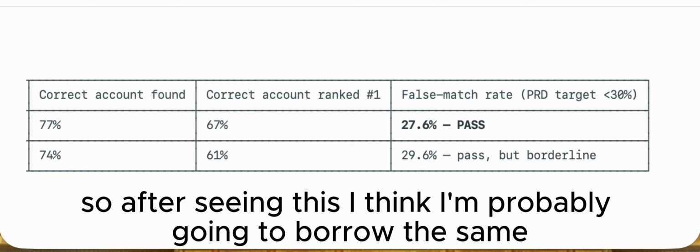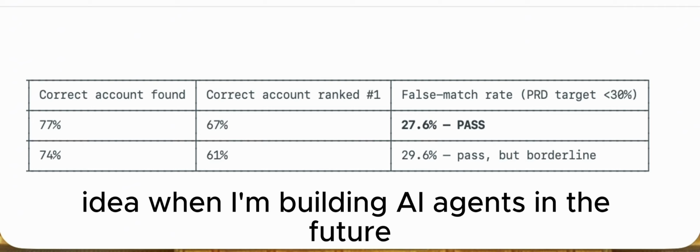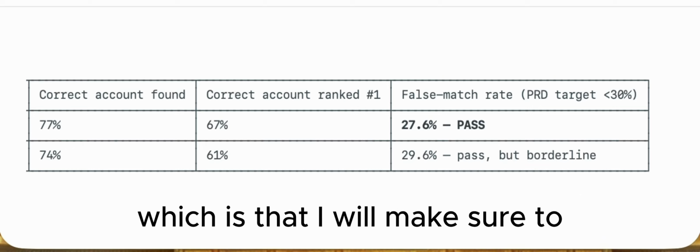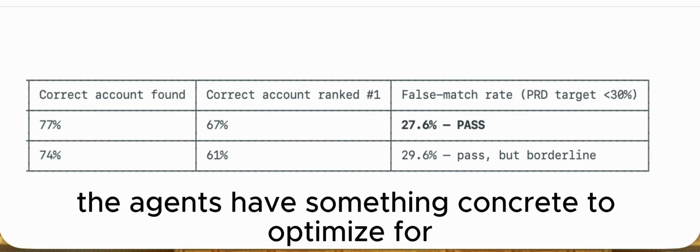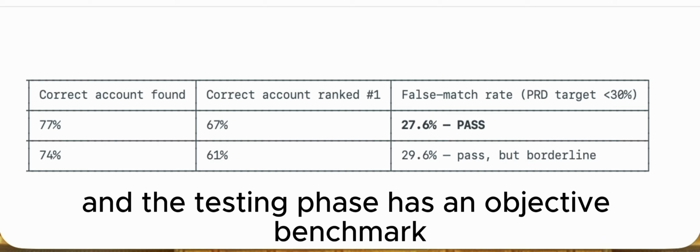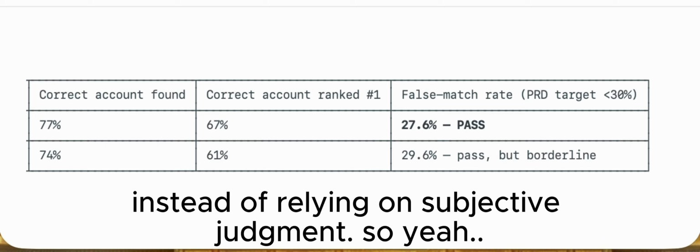After seeing this, I think I'm probably going to borrow the same idea when I'm building AI agents in the future, which is that I will make sure to include the definition of success metrics. That way, the agents have something concrete to optimize for, and the testing phase has an objective benchmark instead of relying on subjective judgment. So yeah,